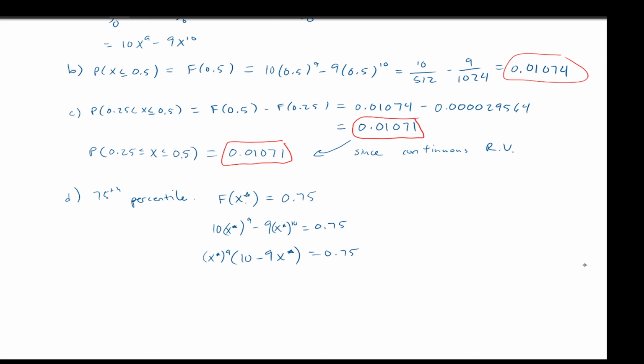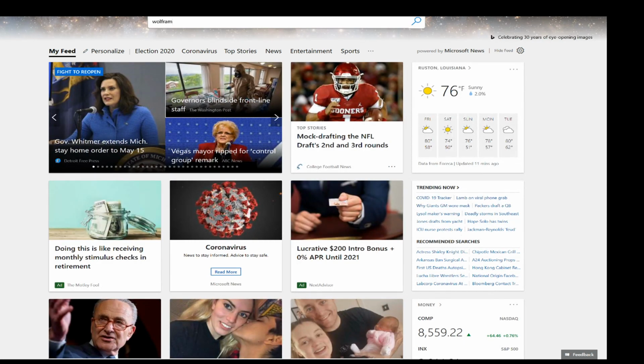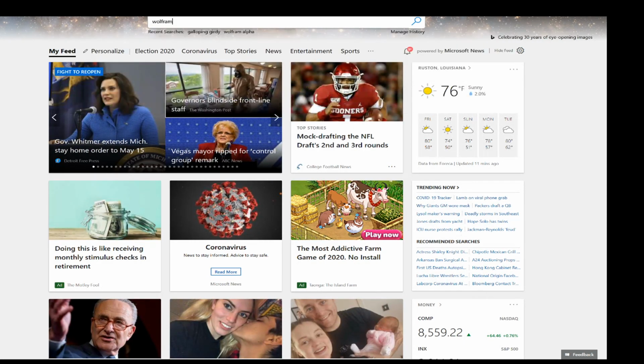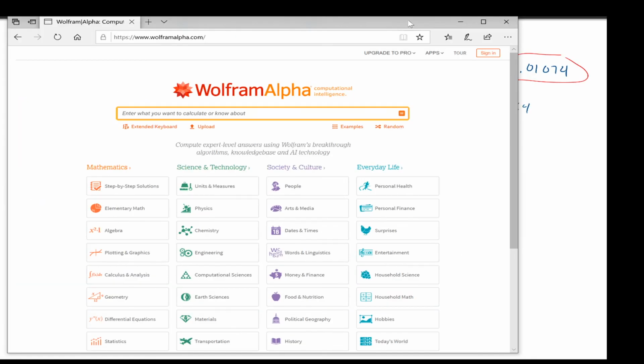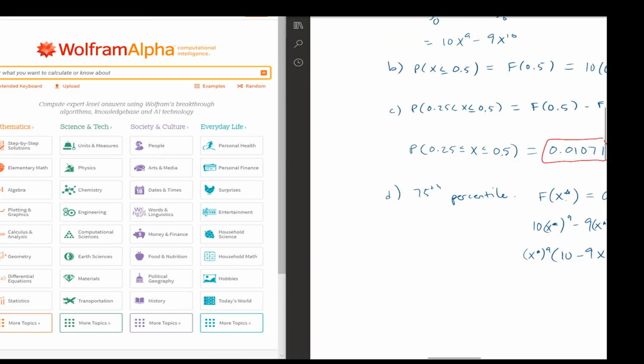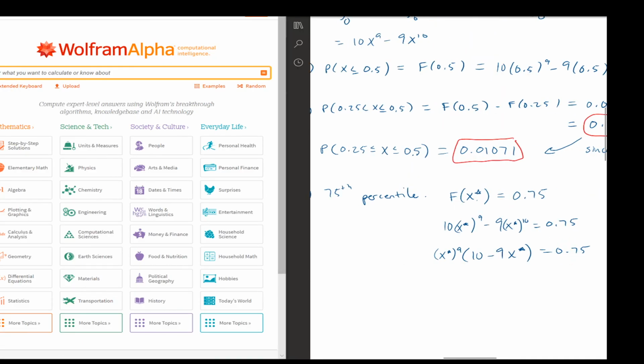Maybe they're talking about graphically. What is the 75th percentile of the distribution? Maybe we should graph this thing. Let me pull up a graph and try to estimate this percentile. So let's pull up a graph of this function. And let's make sure I put the right function in. So let's graph this thing from